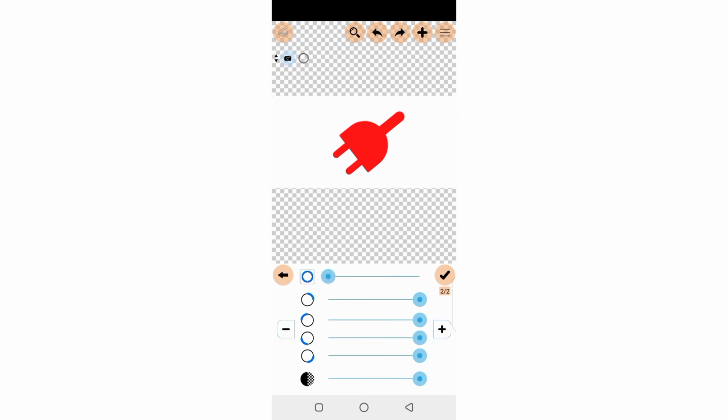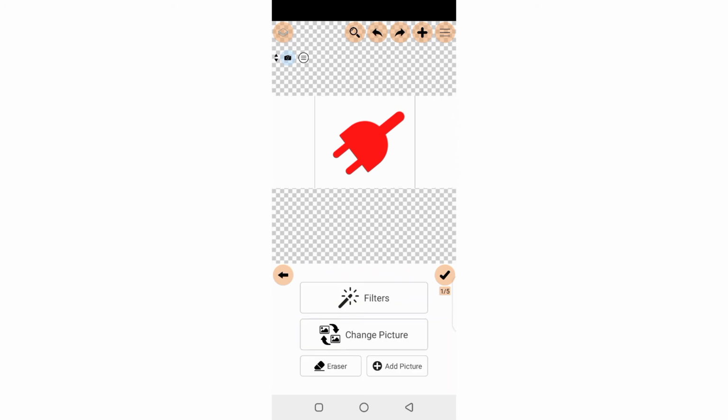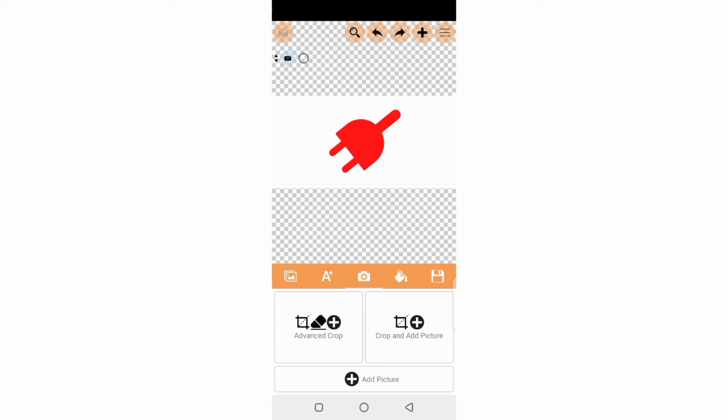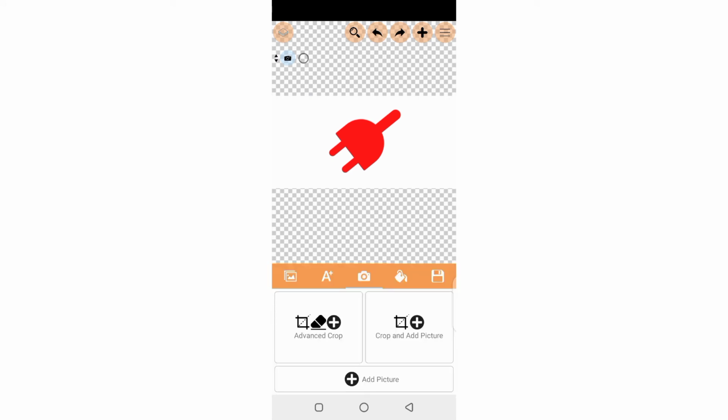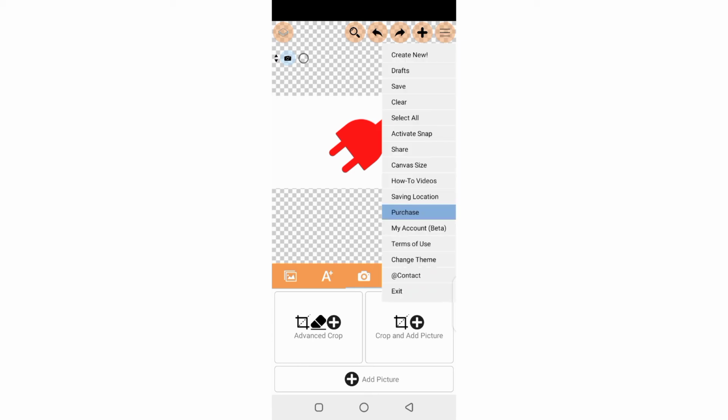Alright, so we can see now this is the feature graphics. You can see that it's blending all together. This is the feature graphics now. So this is how it should look like. So click on save,